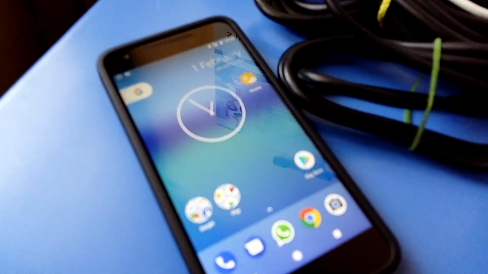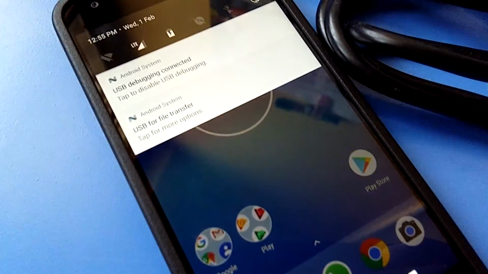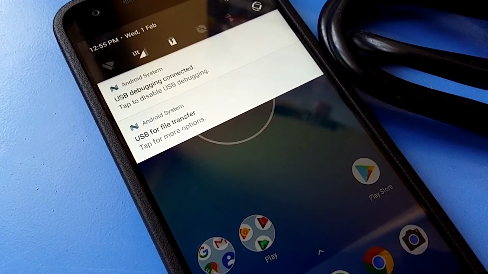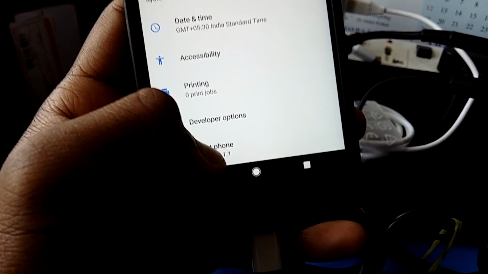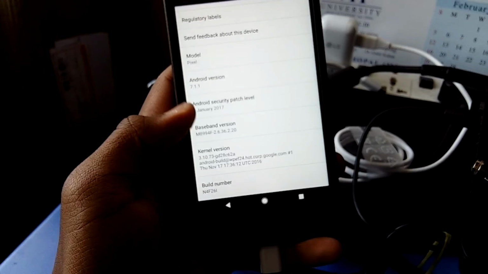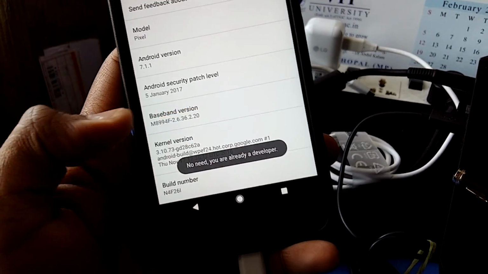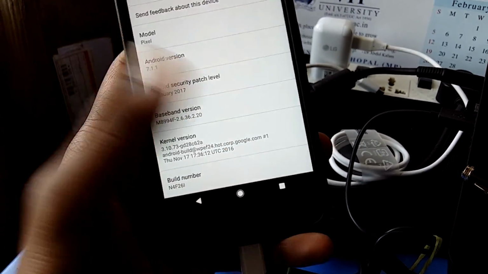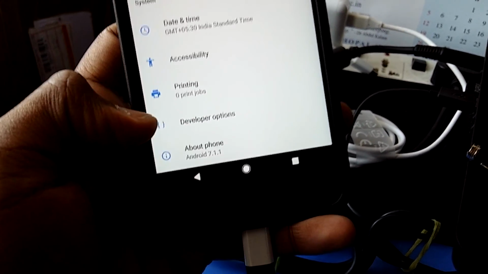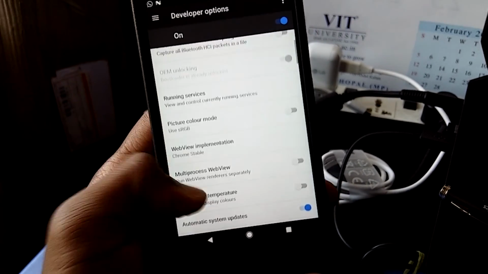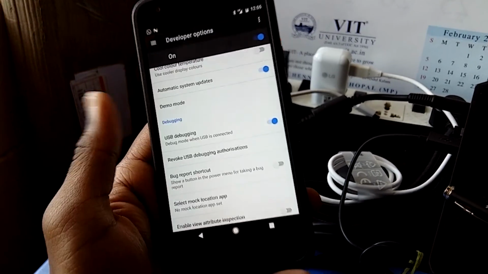At this stage you need to make sure that you have enabled debugging on your phone. If you have enabled debugging, it says USB debugging enabled. If you haven't, then head over to settings, head over to something called about phone, and the last option is called build number. Just tap build number a couple of times. If you have not enabled developer options, it says that you are 4, 3, 2, 1 steps away, and then you have enabled developer options. Boom, that's it. Go back and you find an option just above about phone called developer options. Open it up and scroll down to find the option called USB debugging. Make sure it's enabled. If it's not enabled, enable it and give it permissions.